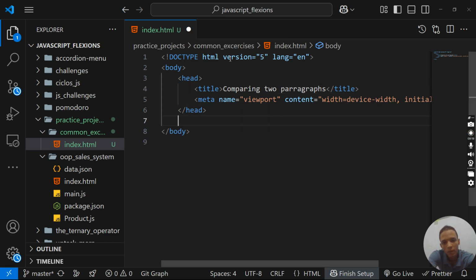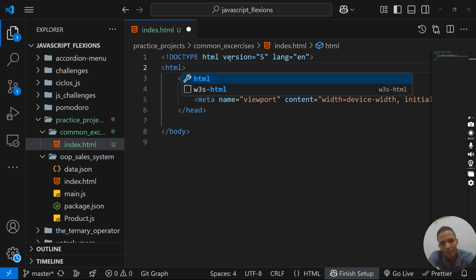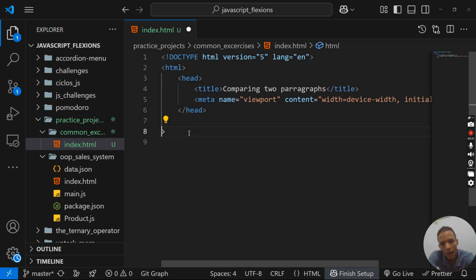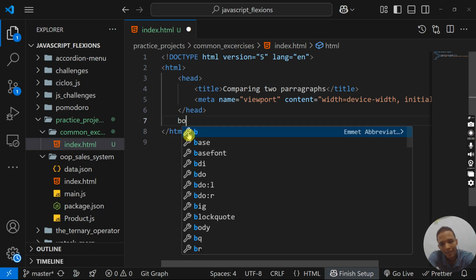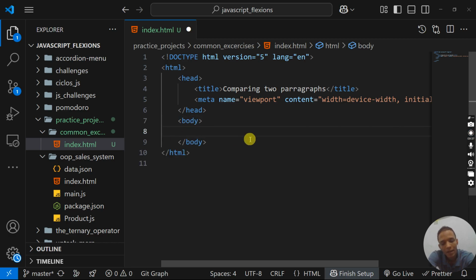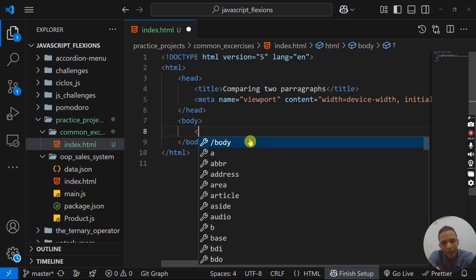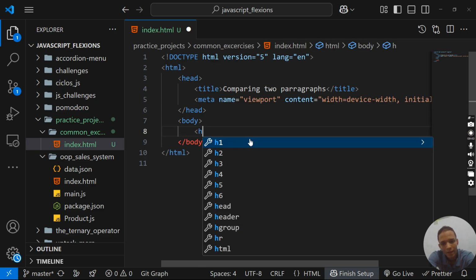Now, let's go here. You see this body? By the way, this body is not there. It's supposed to be like this. HTML, and also here HTML. And the body is supposed to be here. Okay. Now in the body here, I'm just gonna put, for example, a title that is gonna say